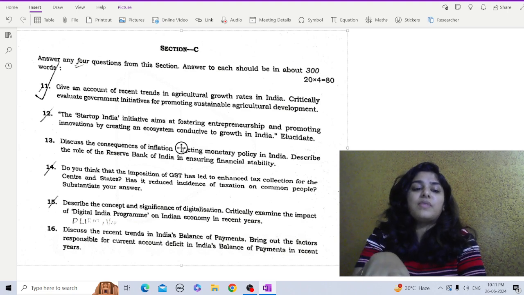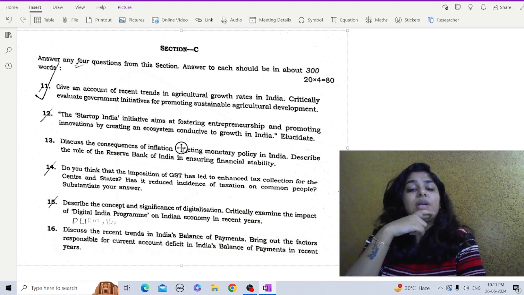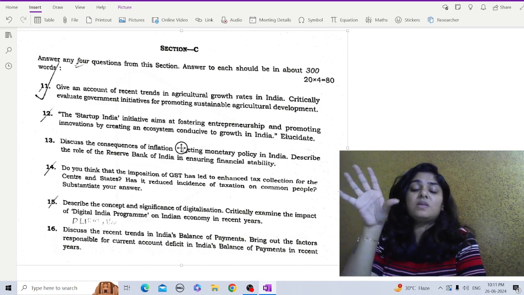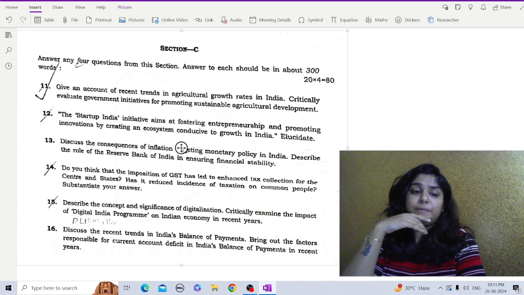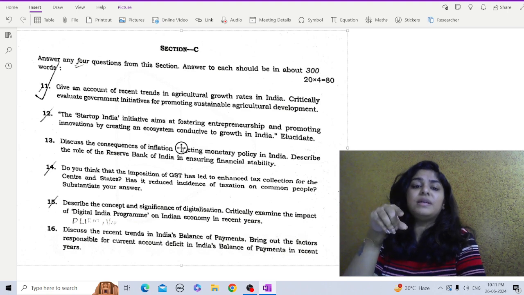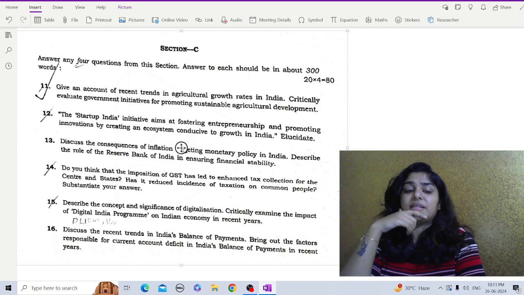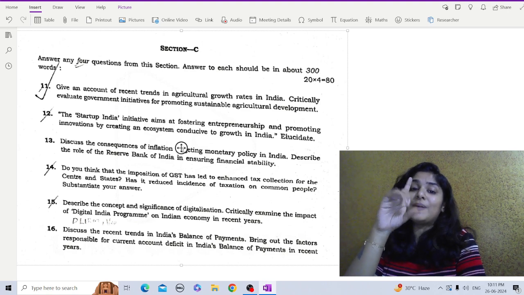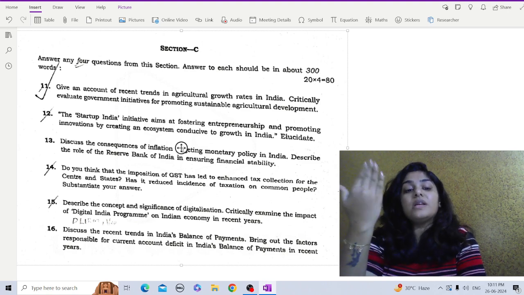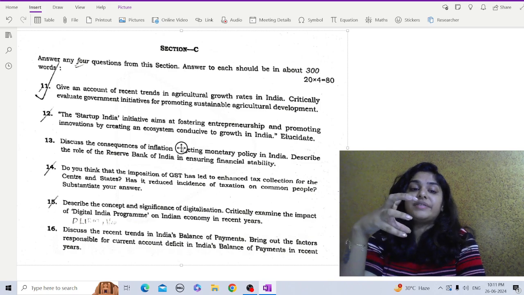Now let's talk about the trends. First of all, if we talk about current account deficit, then India has experienced a persistent CAD in its BOP with fluctuations, of course. The CAD widened significantly in the early 2010s but narrowed slightly in subsequent years, primarily due to varying trends in trade balance, remittances and income from services. Now if we are talking about trade balance, then India has been a net importer of goods, especially crude oil and gold. So high oil prices combined with India's energy needs have contributed significantly to the trade deficit.